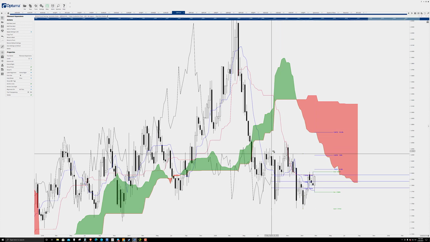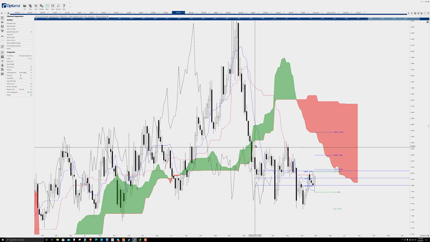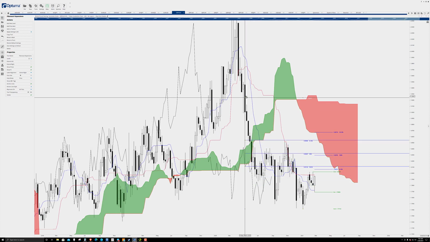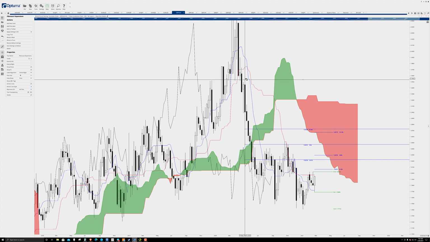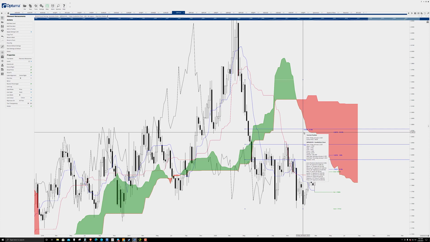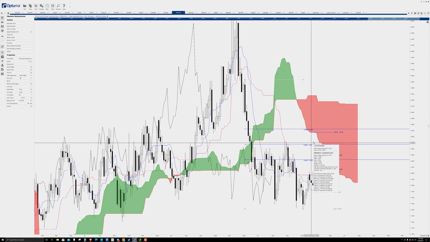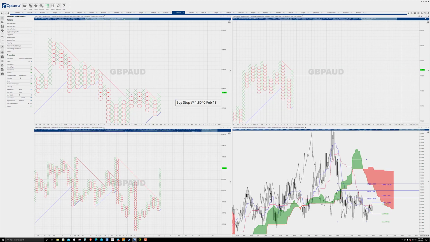Strong bar is actually right around here, but that's a little extended. What's the range there? Yeah, so that's all kind of within the same value area. Yeah, that looks fine. So basically kind of targeting a